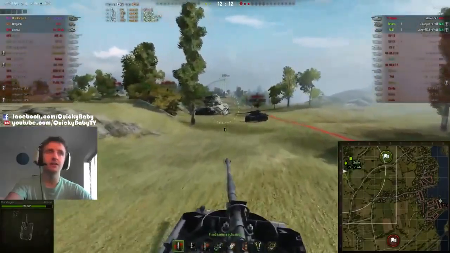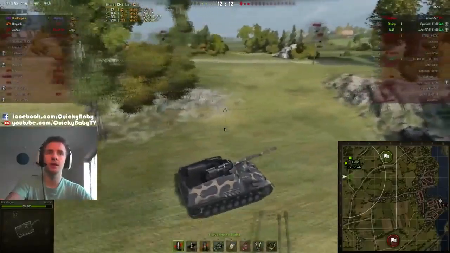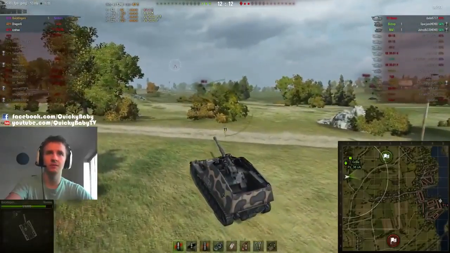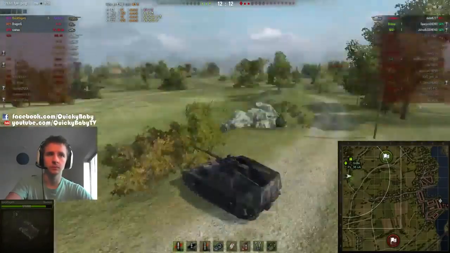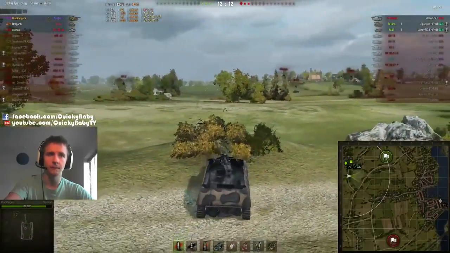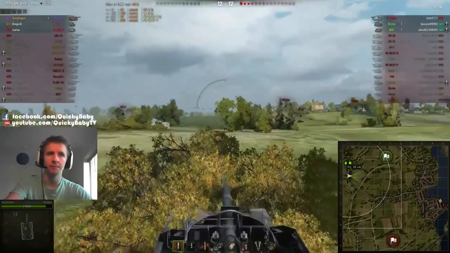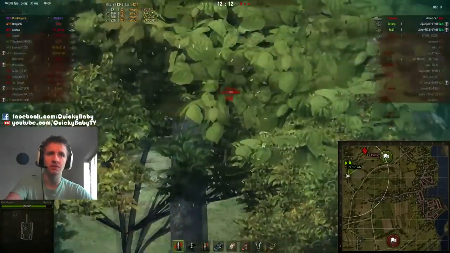I decide that I don't really want to sit in base and wait to get spotted. I'd rather put the pressure up and try and use these bush locations here to be able to put pressure on the enemy. I shouldn't have knocked down that tree. Knocking down that tree, an eagle-eyed artillery would have been able to spot it and know where I am. So this tank doesn't actually have the gun depression to use that position effectively, but luckily